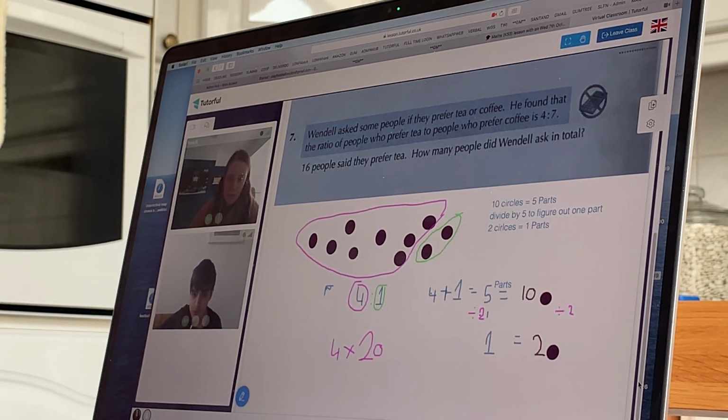I don't really understand this. That's okay. Because you see how we did here, 4 parts equals 8, and 1 part equals 2. So 21 equals 3 parts, and